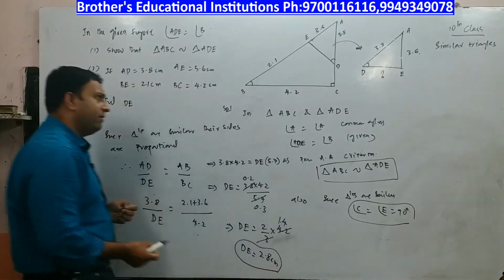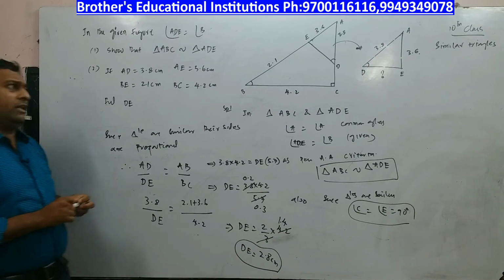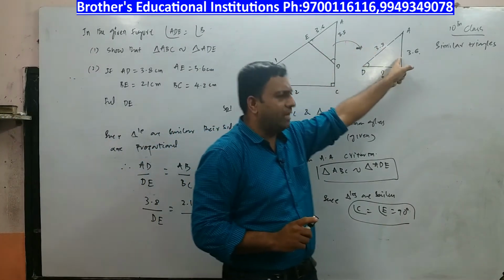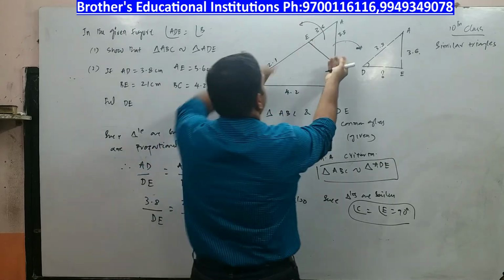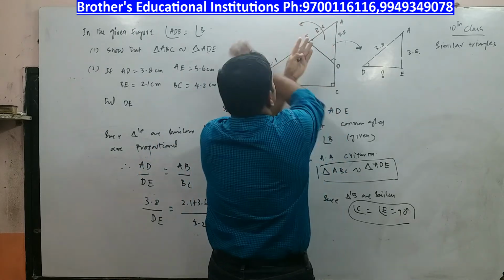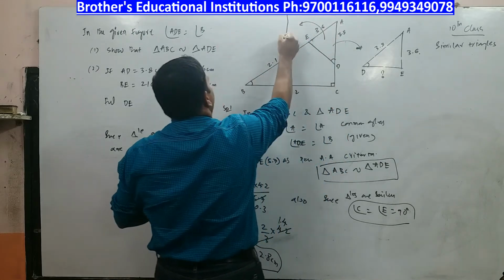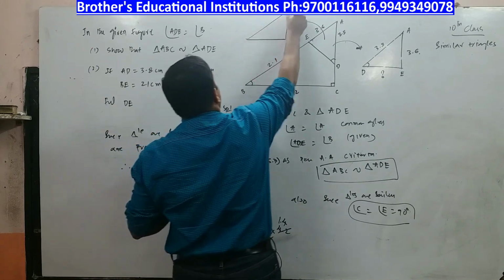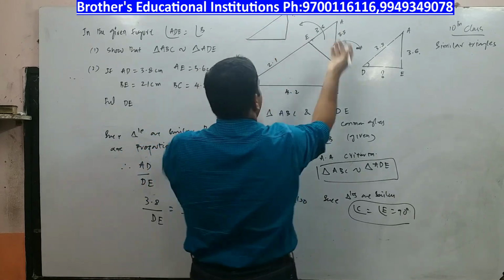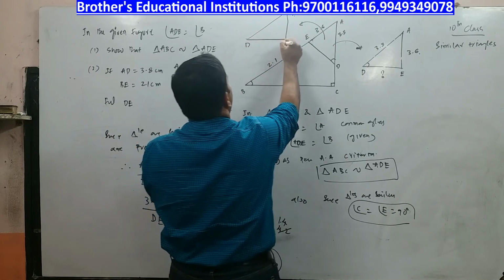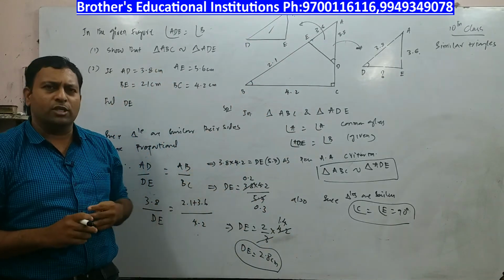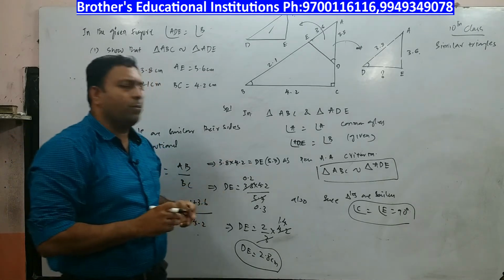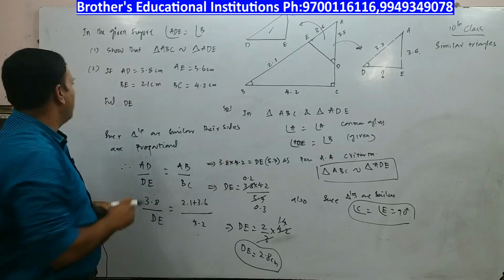So this is a very, very simple question, but if you draw this triangle separately, to make you understand, you can draw it here also. See, what am I doing? I'm going to flip this. And when I flip and draw a similar triangle, I can draw it this way also, keeping A here, and D will be here and E will be here. Like this also you can do and proceed. I'm sure you understood. Now, meanwhile, you pause the video. We'll go for the next problem.